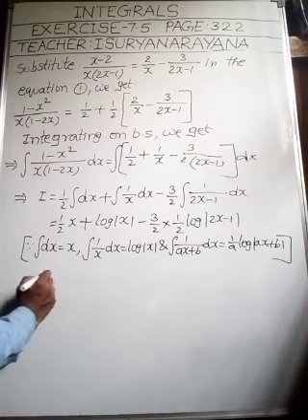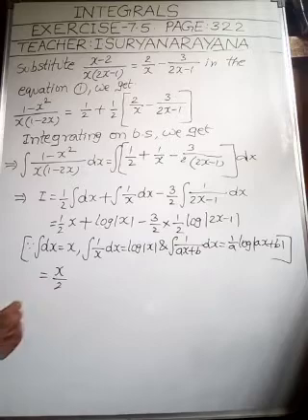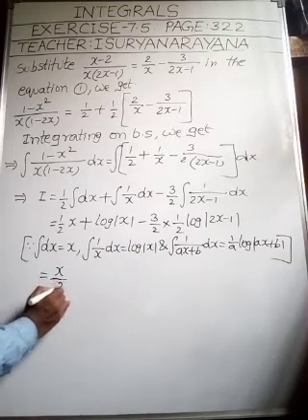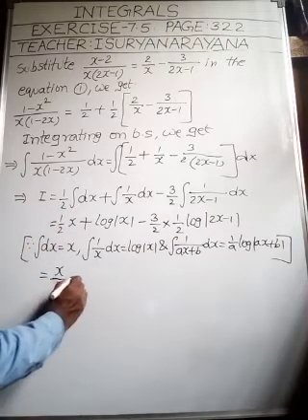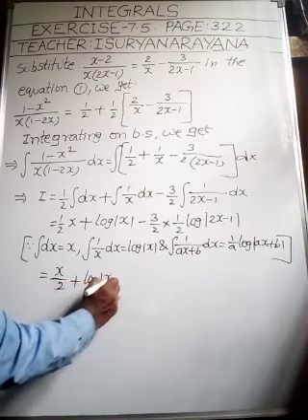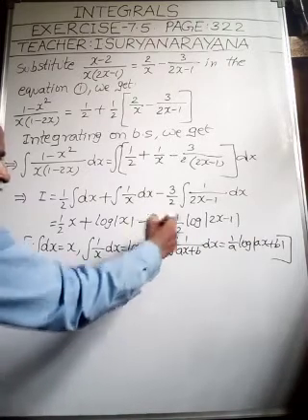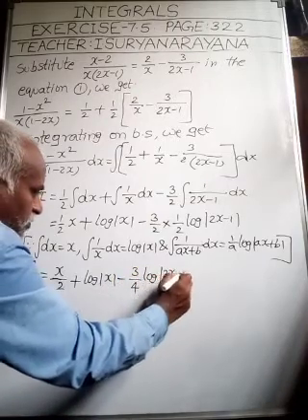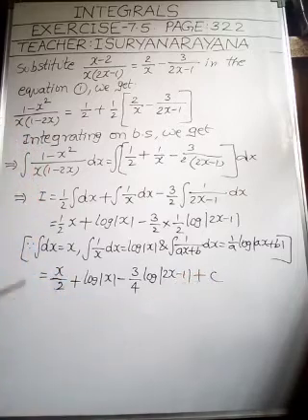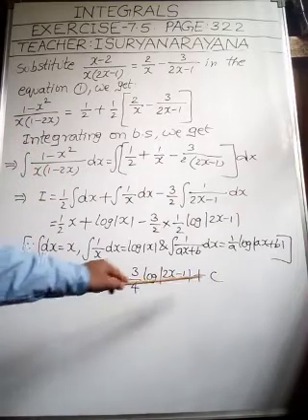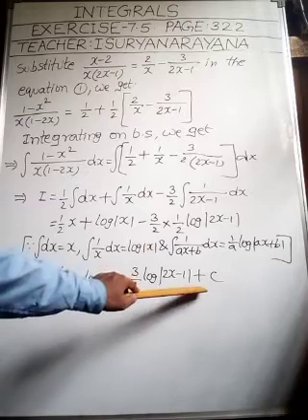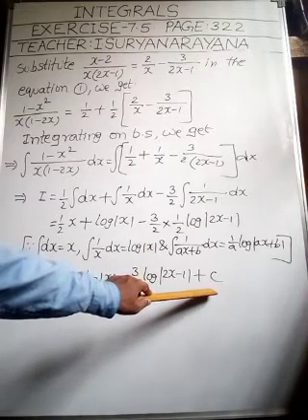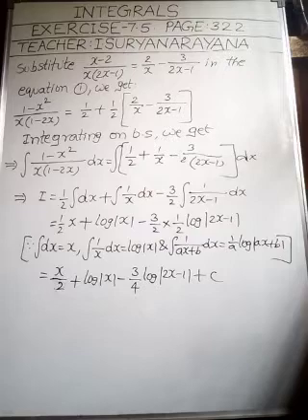Right. This implies, let us simplify the terms. x by 2 plus log mod x minus 3 ones are 3 by 4 log mod 2x minus 1 plus c. We have simplified the terms also, my children. So this is the last step. At the last step, we have to add the constant of integration. Understood, my children? Right. So from question number 1 to question number 6, these all come under the type